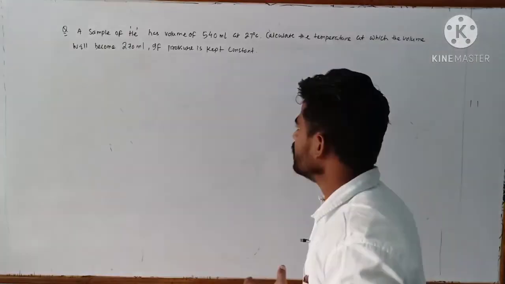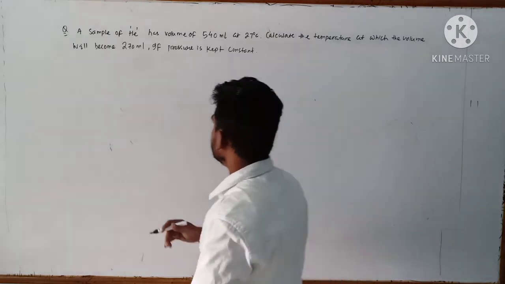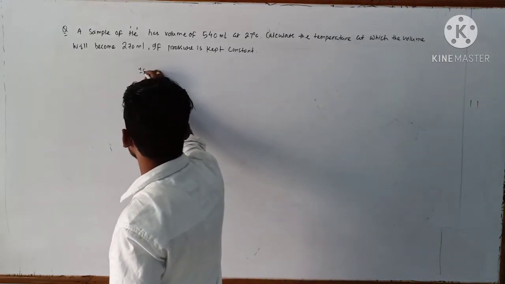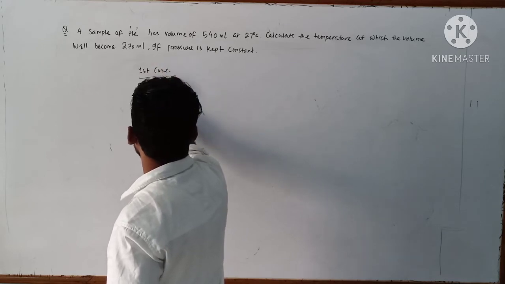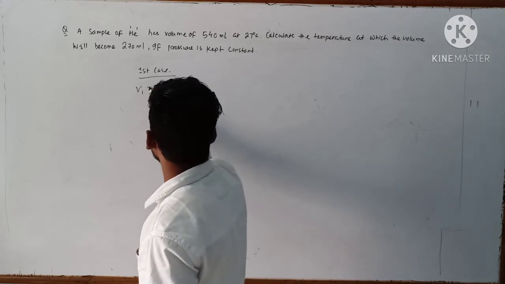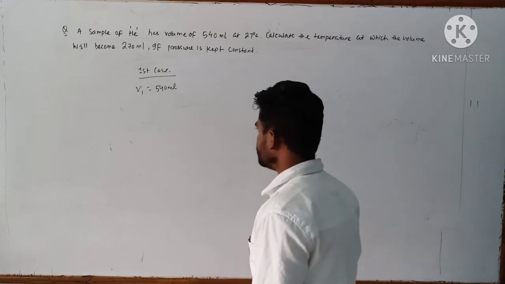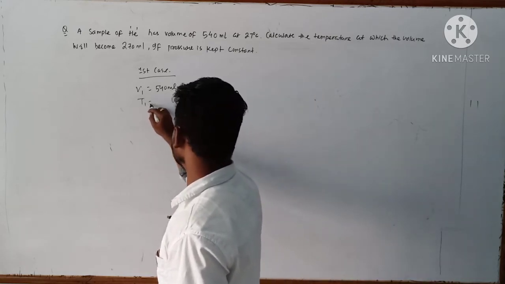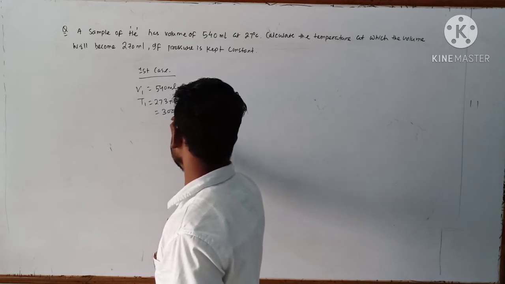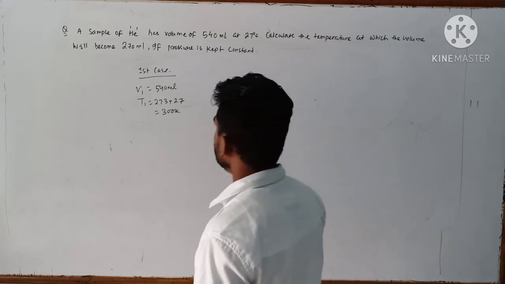So next question, a sample of helium has volume of 540 ml. You just write down case 1, first case: volume is given, V1 is 540 ml at 27 degree centigrade. So convert this temperature into Kelvin. 273 plus 27, that is 300 Kelvin. Is that clear? Calculate the temperature at which the volume will become